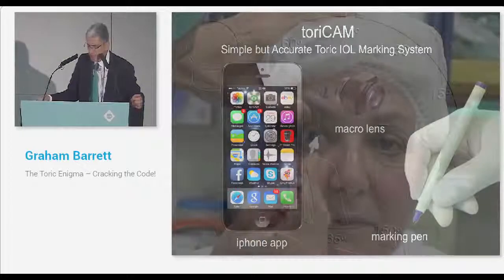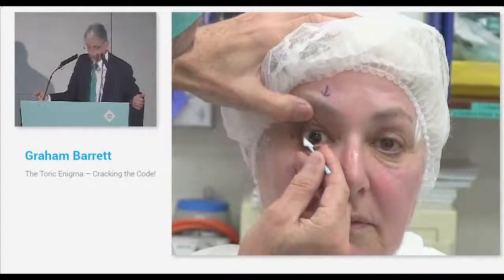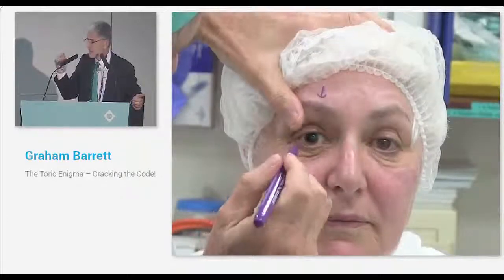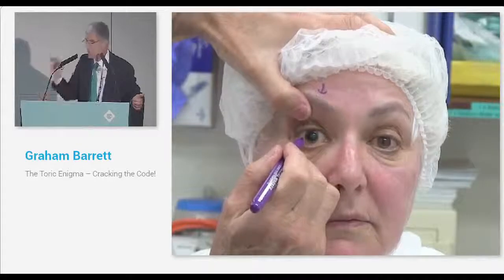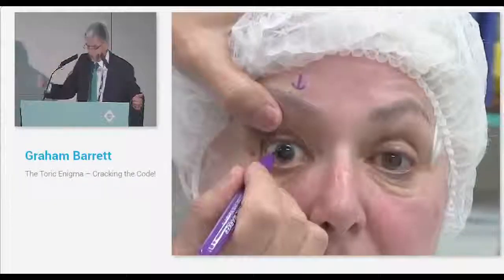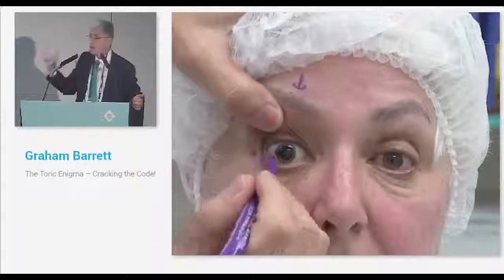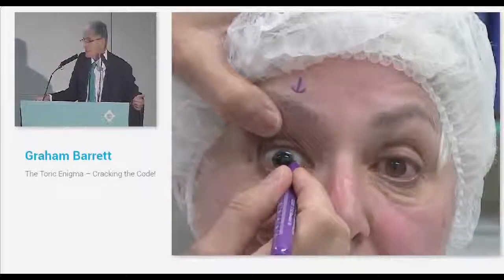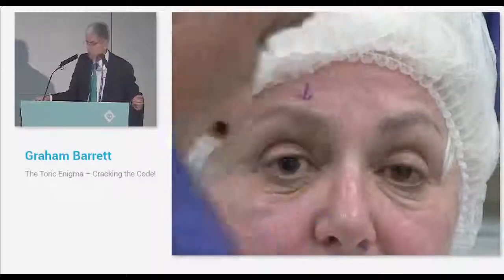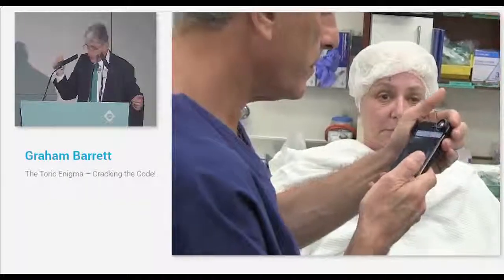Those are the three things you need. Let me explain the system. Here's an actual patient. So I dry the limbus first, and I use the felt tip pen directly on the limbus. To me, this is the best way to get a mark which doesn't spread. And I estimate where I think 180 degrees is. I don't panic, because if it's not 180 degrees, I'll find out, because what my app does, as you see here,